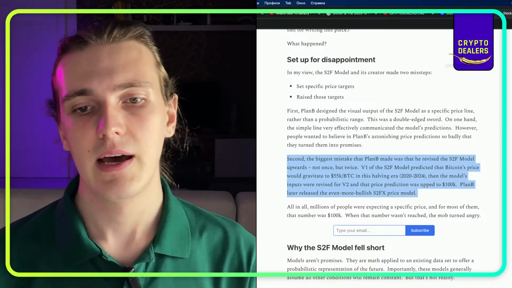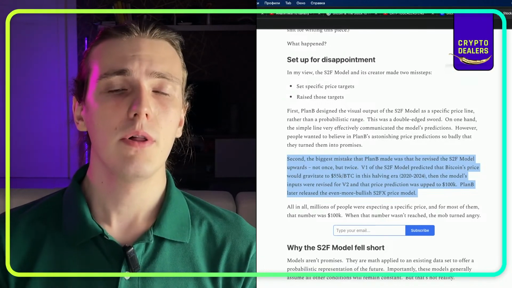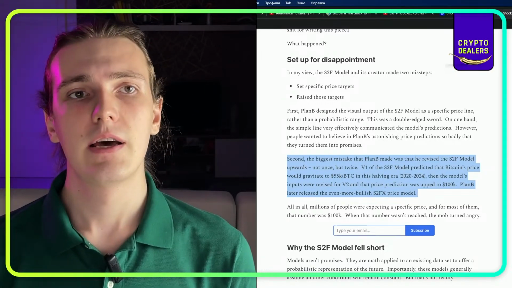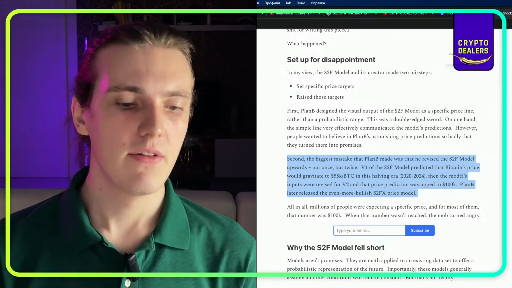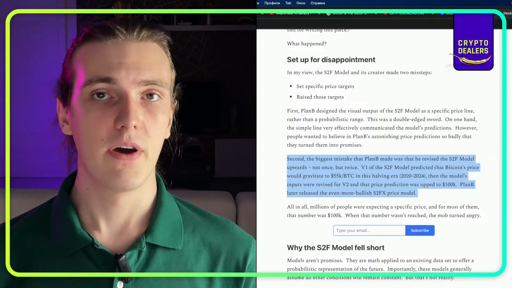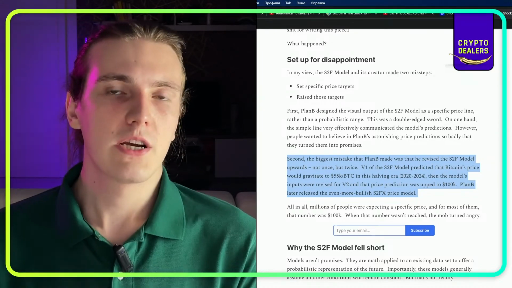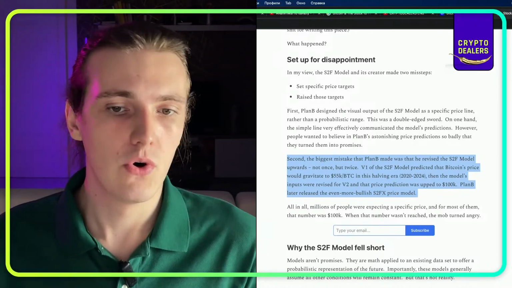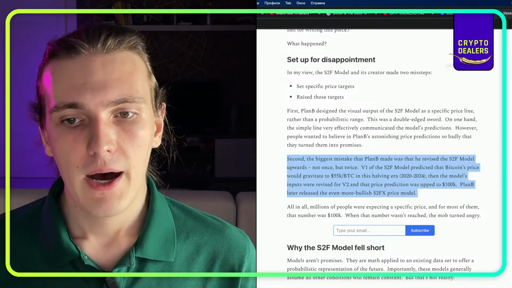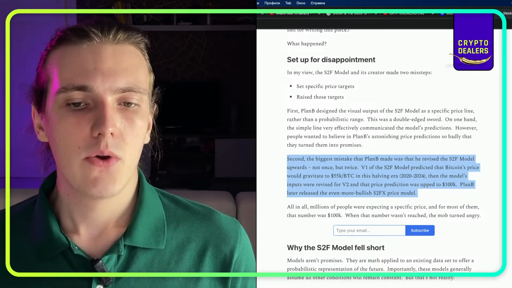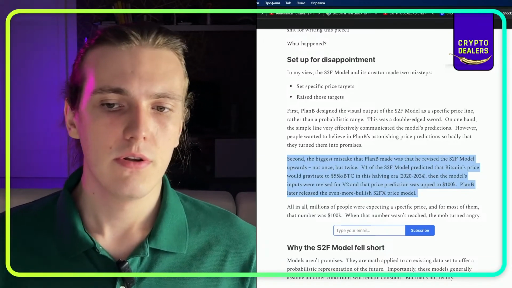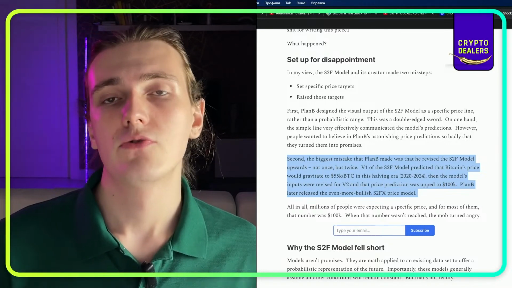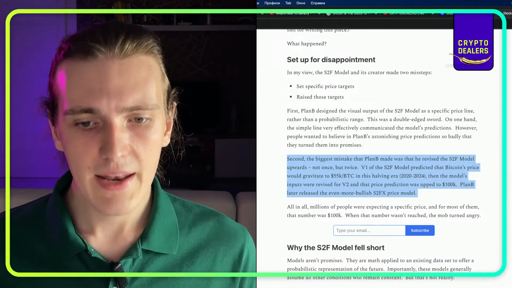So this means that the first version of the model that we just talked about said that after halving the price will be around 55K. And that was true. After 2020 we started going up and we reached those numbers. But after that, he released a second version that said it would go up to 100,000. And again,